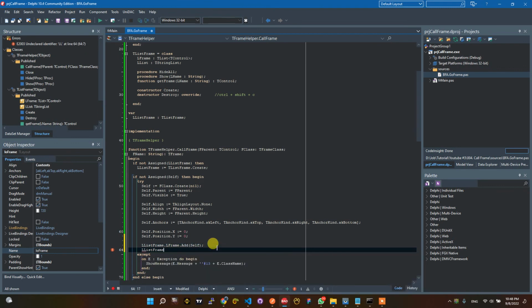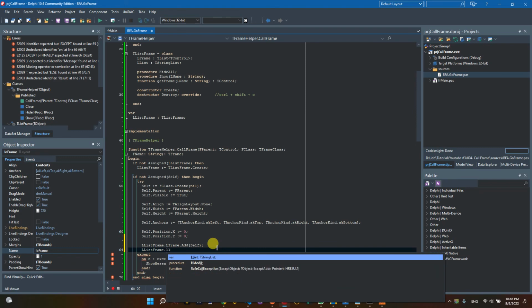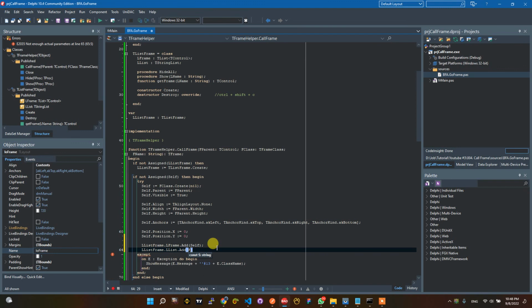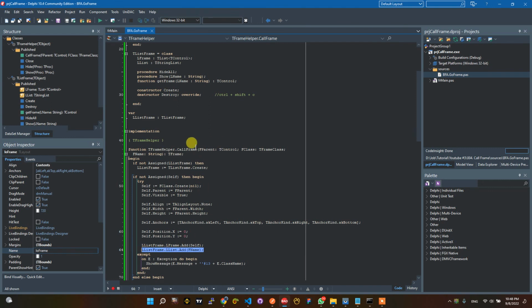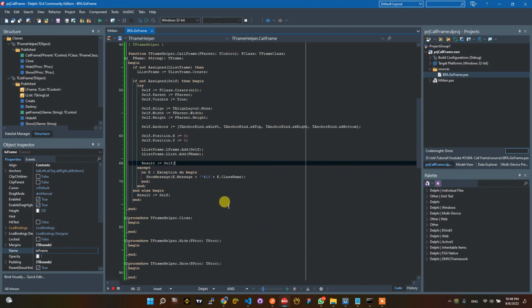list frame.List. This is self of name, so this is for the identity of this frame, and this is self, the control or TFrame. And don't forget to set Result, here it's self, like this. And after that, on the close procedure,